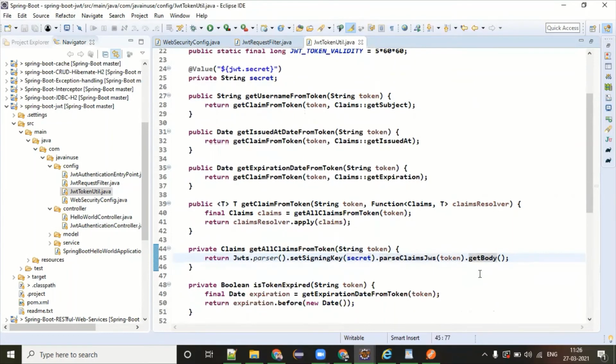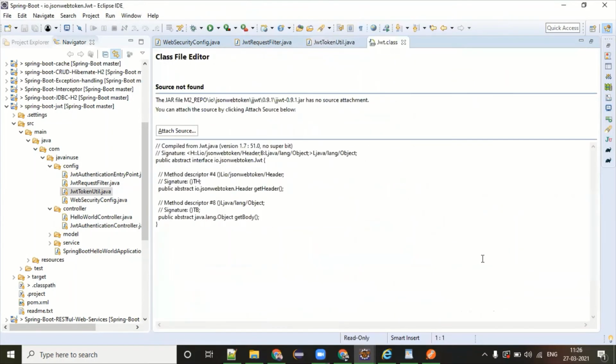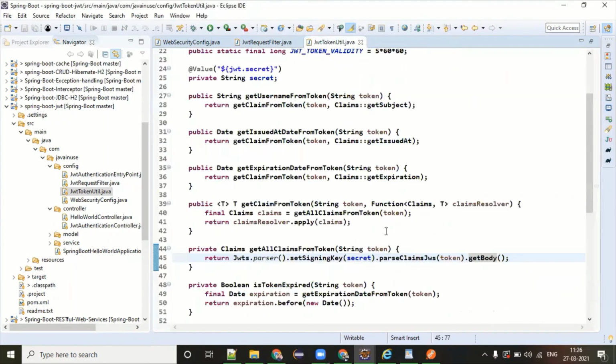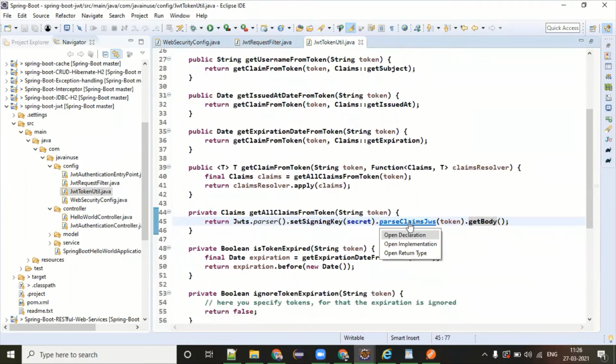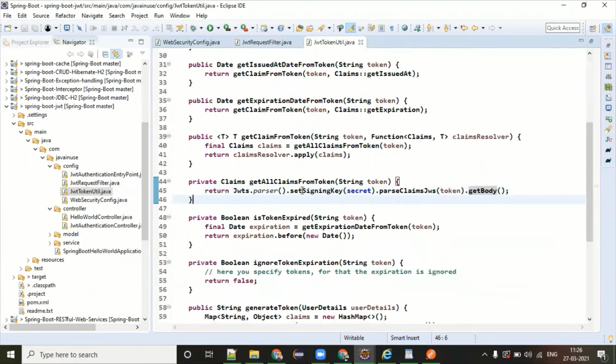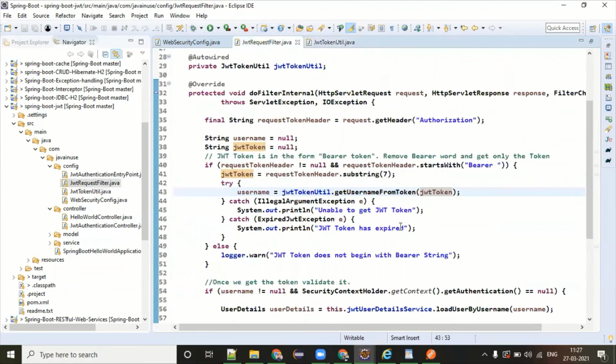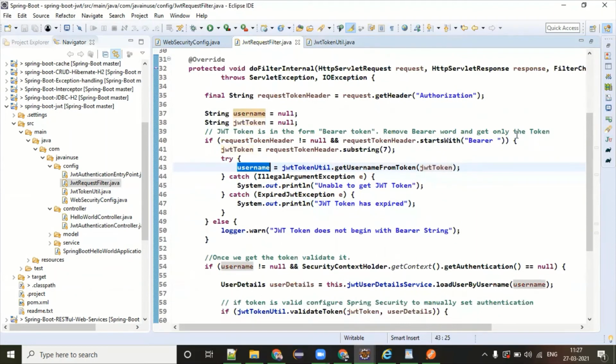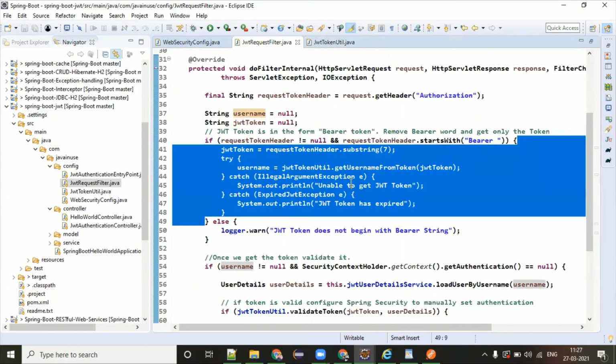Now, if you go to the get body, parse claims JWS. This is not the method again. All claims for, okay, you got something, get all claims. And you are returning this, and finally you are getting the username for that user. Okay, so this is in the case where you have provided the token.